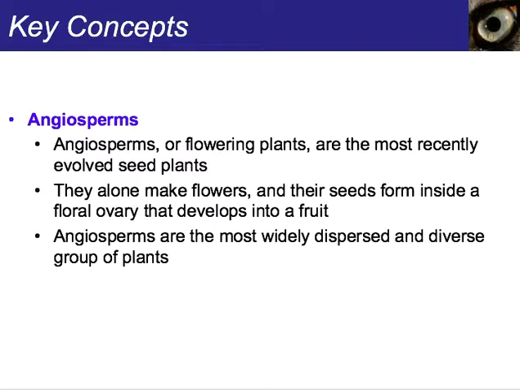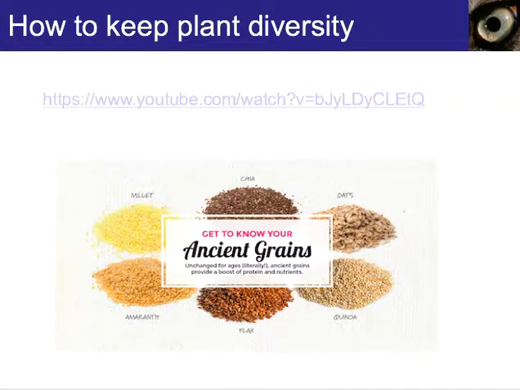So angiosperms, or flowering plants, are the most recently evolved seed plants. They alone make flowers, and their seeds form inside a floral ovary that develops into a fruit. And angiosperms are the most widely dispersed and diverse group of plants. If you want to learn more about ancient grains and how to keep our plant diversity, this is a super cool video where they show where all the seeds of the world are kept, which is in a bunker in